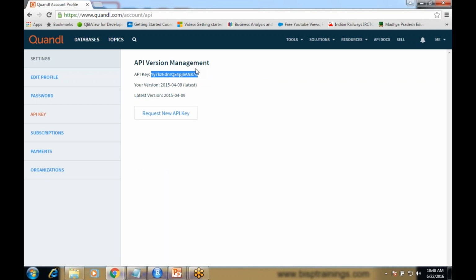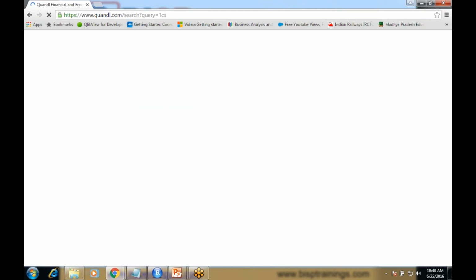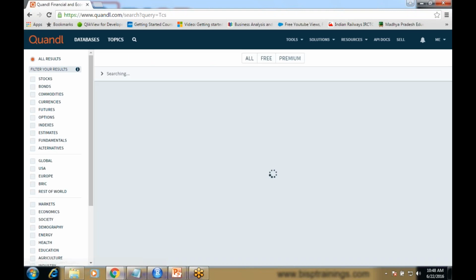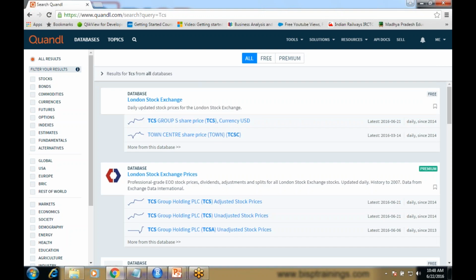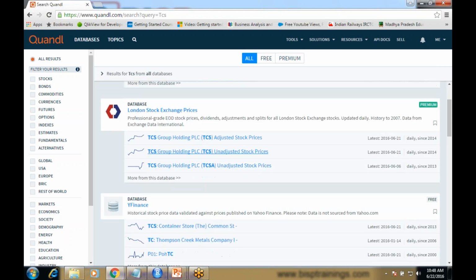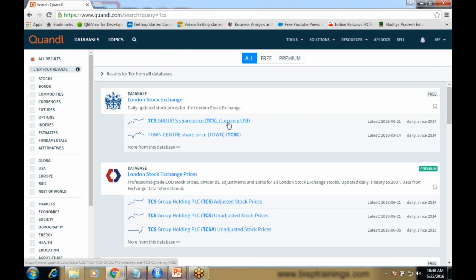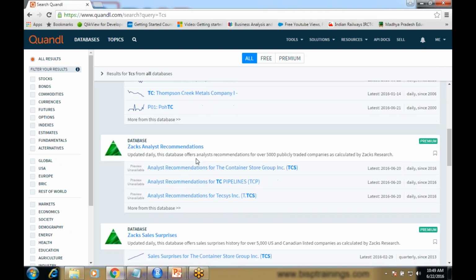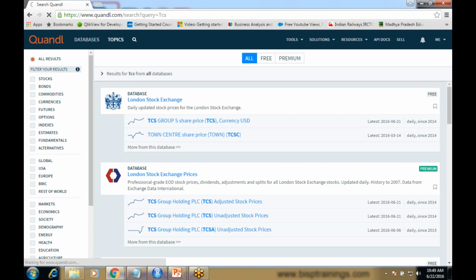Quandl not only provides financial data, but it also supports demographic and economic data. We can easily search by using the search option. I click on search and I'm looking for TCS data, so I enter TCS. It will give me the TCS data for the last 5 to 6 years. As you can see here, I've got the share prices of TCS in USD or in other currencies as well. Or you can directly click on database,